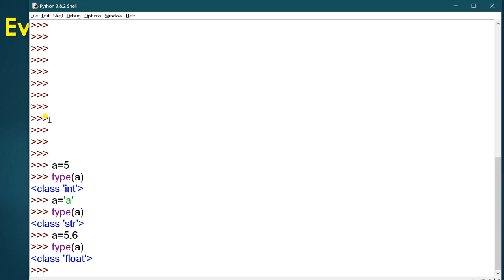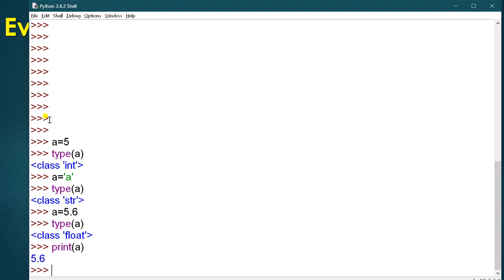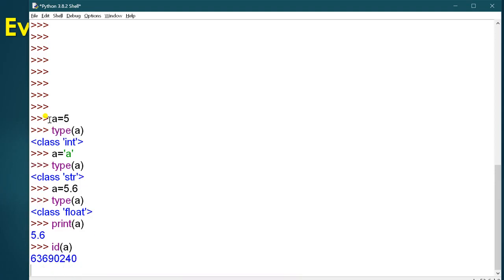Next is the value of the object. For checking what this variable contains, you can use the print statement. Currently this A variable holds 5.6, that's why it gives you the result 5.6. And the ID of the object, you already know what the ID is. In the same way you can check the ID of 5.6, and it will also give you the same.